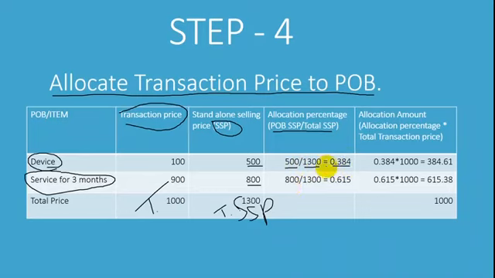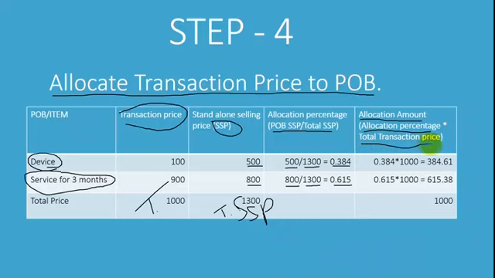Okay. If you want, you can multiply it by 100 also, but that's not required. Okay. Service for 3 months. Individual SSP is 800 and total SSP is 1300. The percentage is 0.615. Then how we will calculate the allocation amount is allocation percentage